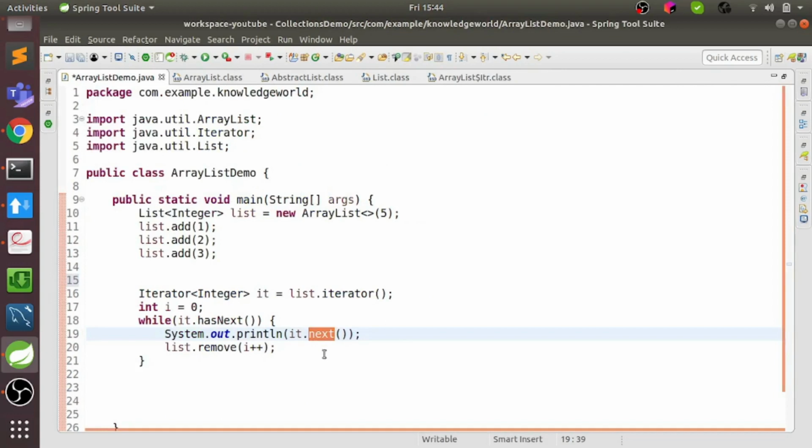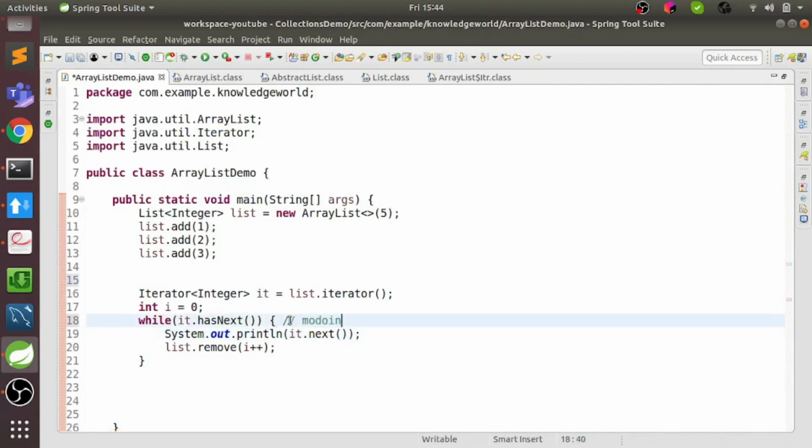Till here the modCount is 3, and expectedModCount is also 3.